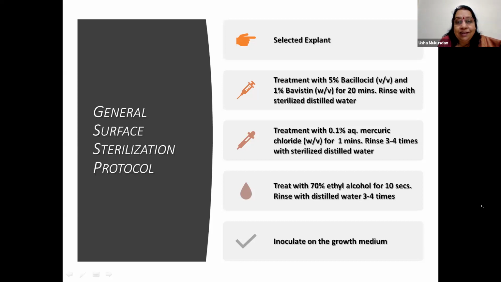But suppose I'm sterilizing seeds, then I need a comparatively less harsh sterilizing agent. Why? The seed has a protective covering, the seed coat. So what I'm doing during sterilization is surface sterilization. Whatever contaminants are present on the surface of the explant, I'm going to kill them, or I'm trying to kill them. Here I have given you a method using mercury chloride, but please write down, I'm giving one more method. Are you writing down? So seed sterilization.